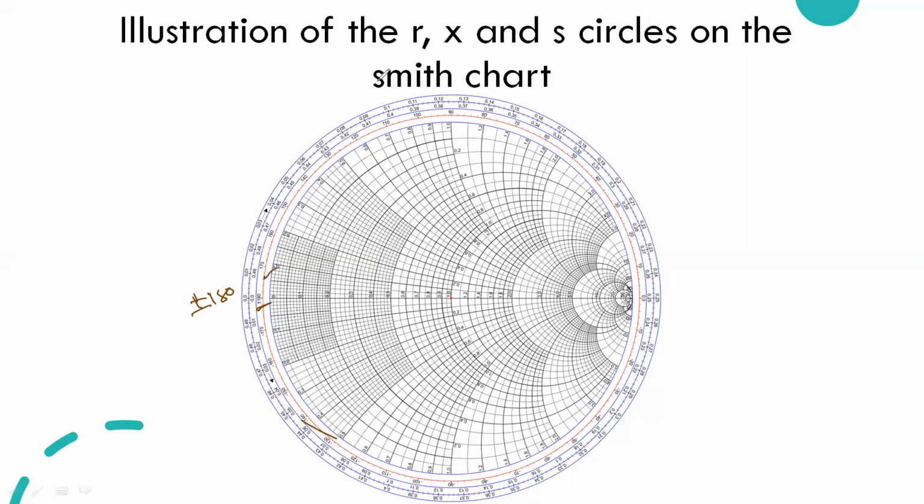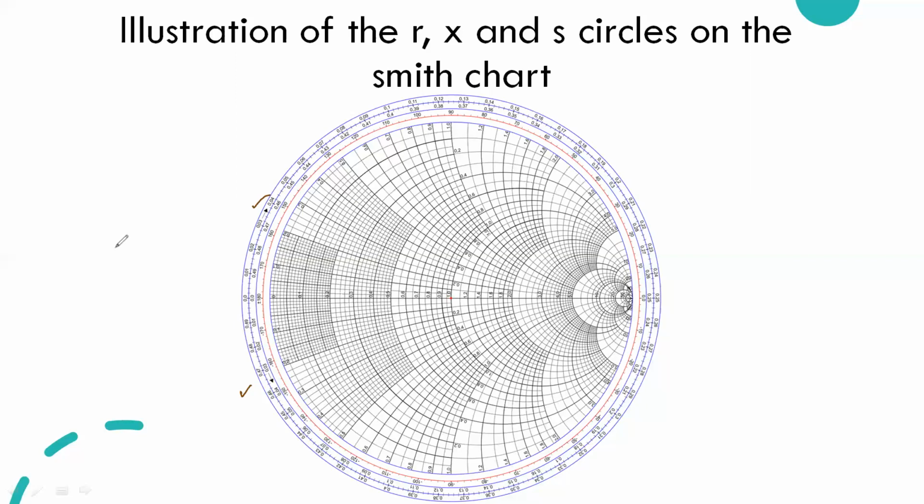Along with this, there are two other additional circles shown here. With respect to the transmission line, it has shown this arrow mark. If you see here, it shows two directions. This direction goes clockwise, and the other direction is anti-clockwise. That is, your wave can travel both in forward as well as reverse directions.